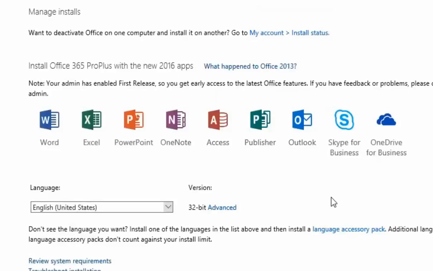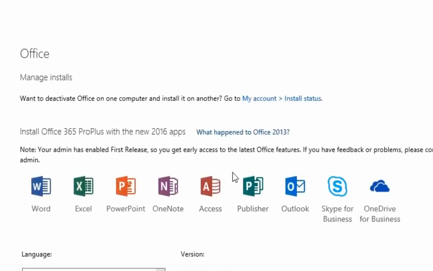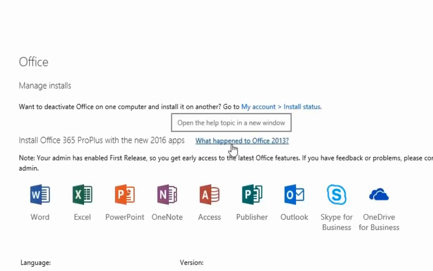One thing I do want you to notice is this link here, where it says, What happened to Office 2013? Now, prior versions of Office 365 allowed you to have the option to either install Office 2013 or Office 2016. So if you weren't ready to migrate to the latest and greatest, you had the choice to be on the